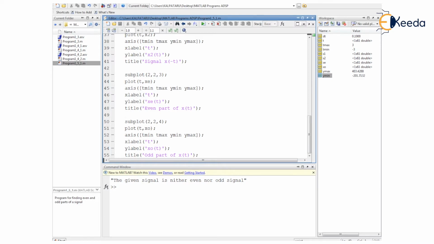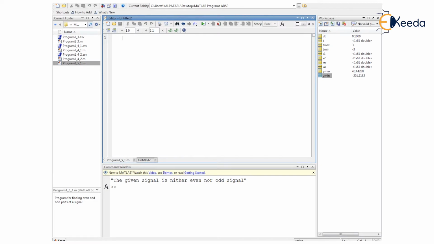Now let us focus on the second type of signal provided to us. The second type of signal is represented in the discrete time domain. For that purpose, let us have another untitled script initially. We would like to have the MATLAB window closed here, the workspace cleared of any variables from the earlier execution of the program, and the command window also cleared.